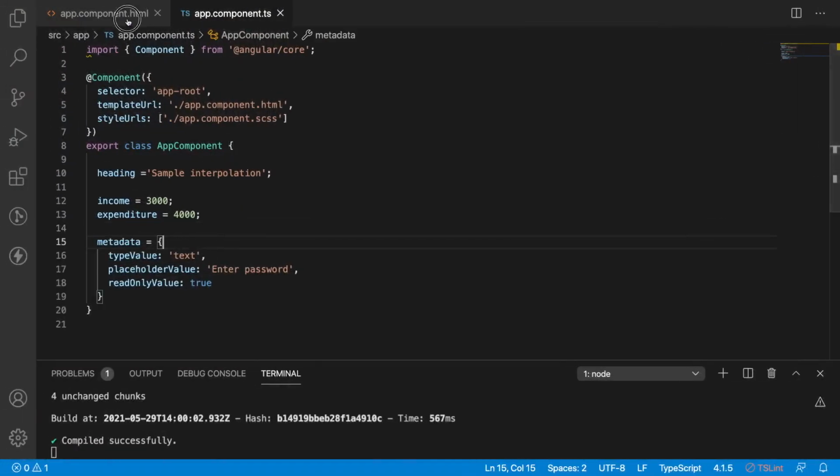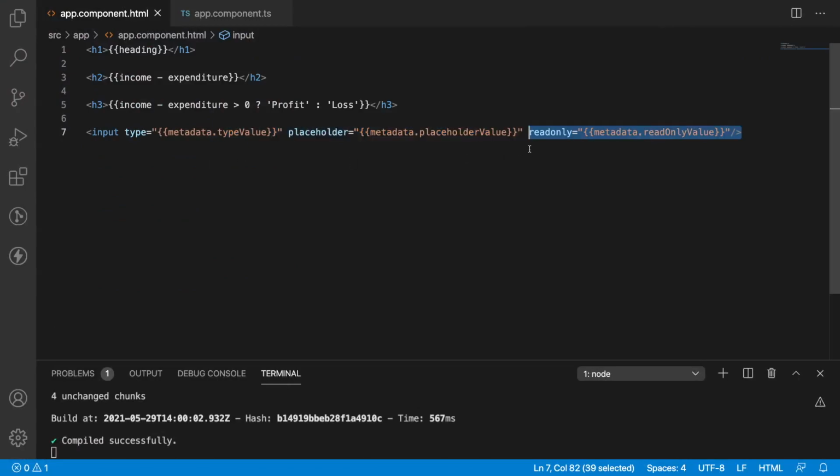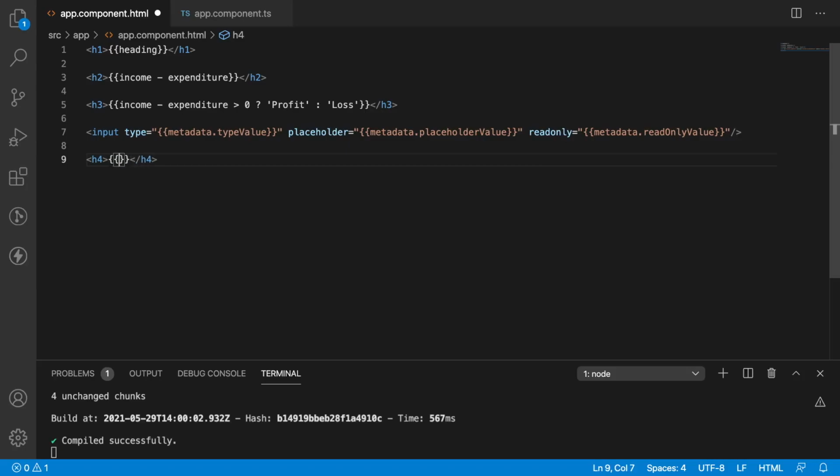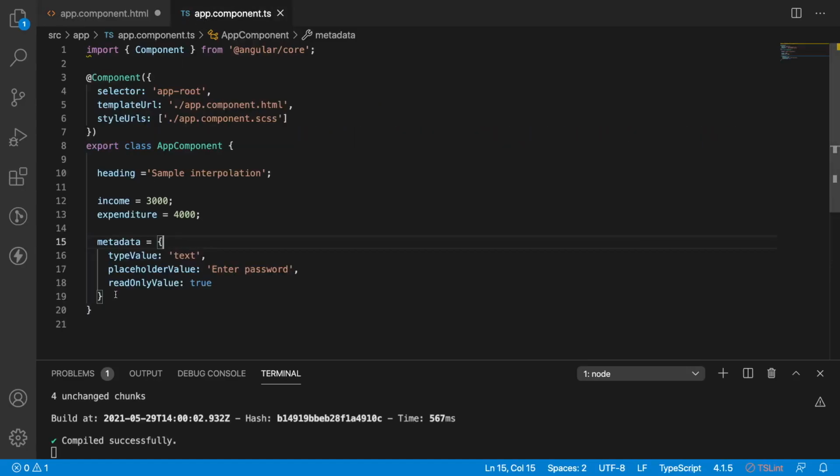So now let's understand one more thing. Interpolation is also used to get values from the methods of the TypeScript. For example, I have an h4 and here I am using an interpolation. I'll use something like getName, a method which will be declared and defined inside our TypeScript.